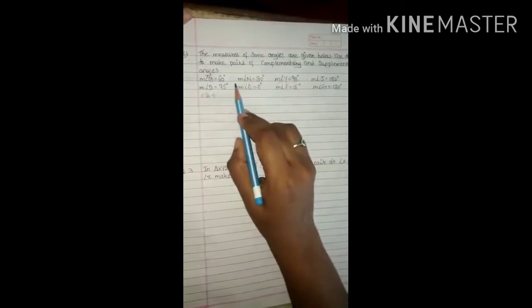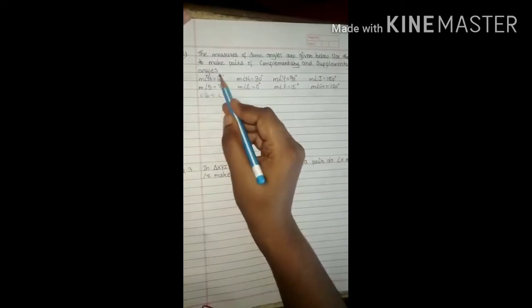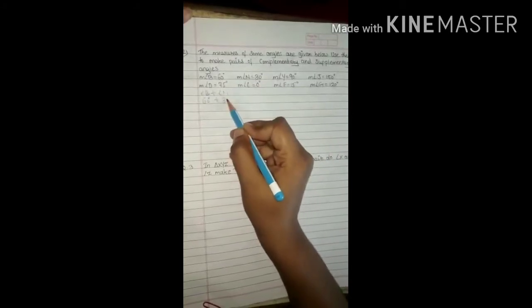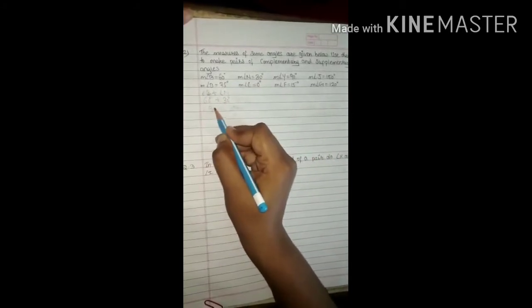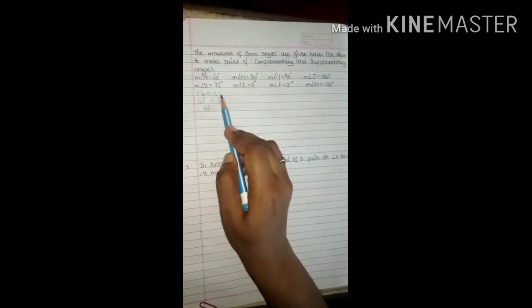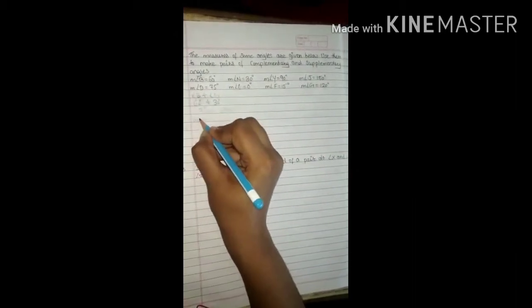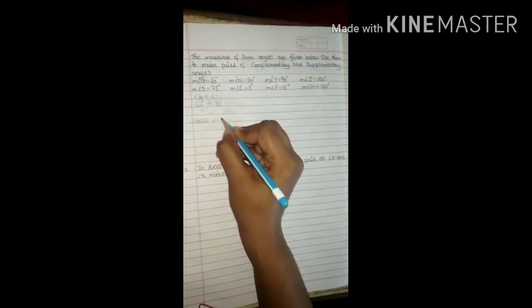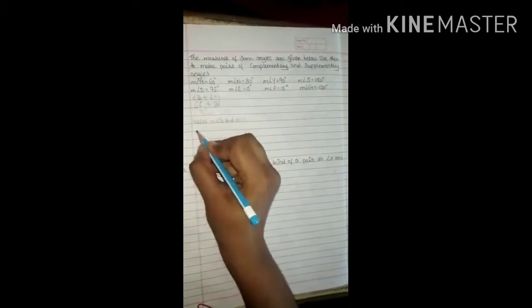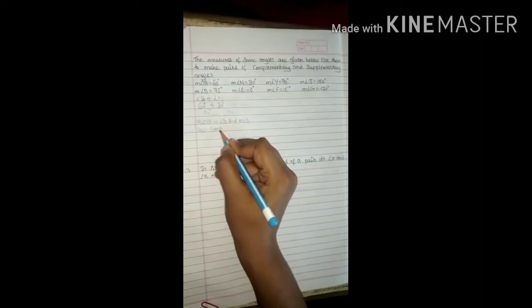plus angle N. Angle B is given as 60 degrees and angle N is given as 30 degrees. So after the addition the answer will come 90 degrees. So that means angle B and angle N are a complementary pair because the sum is 90 degrees. So we will write here, hence, the measure of angle B and the measure of angle N are complementary angles.